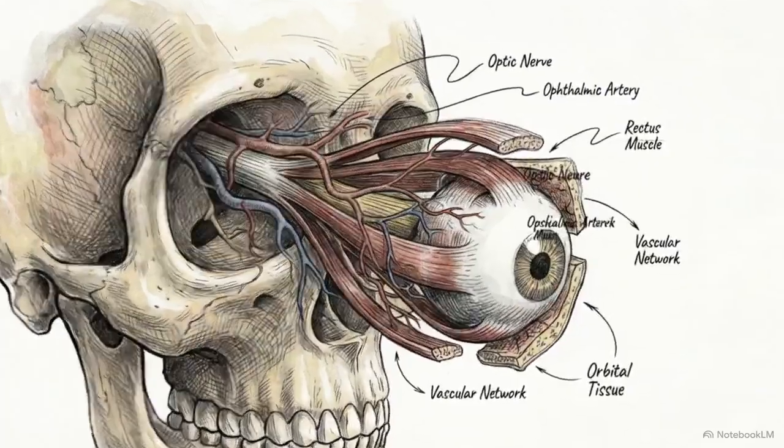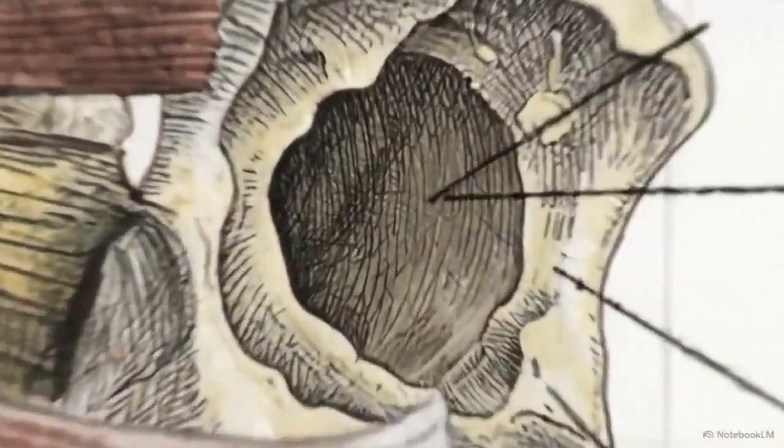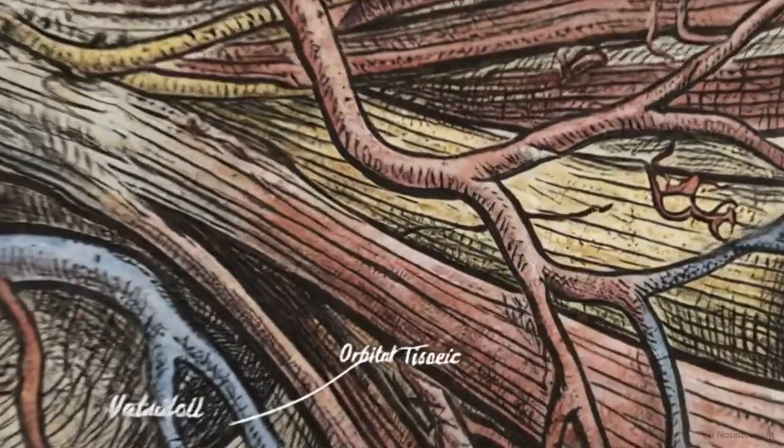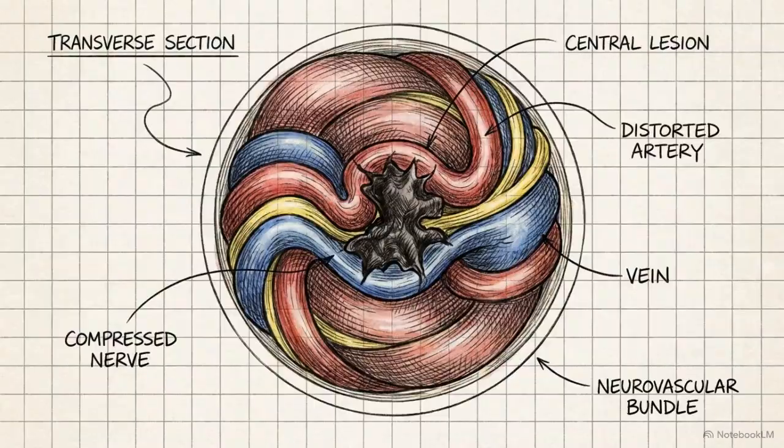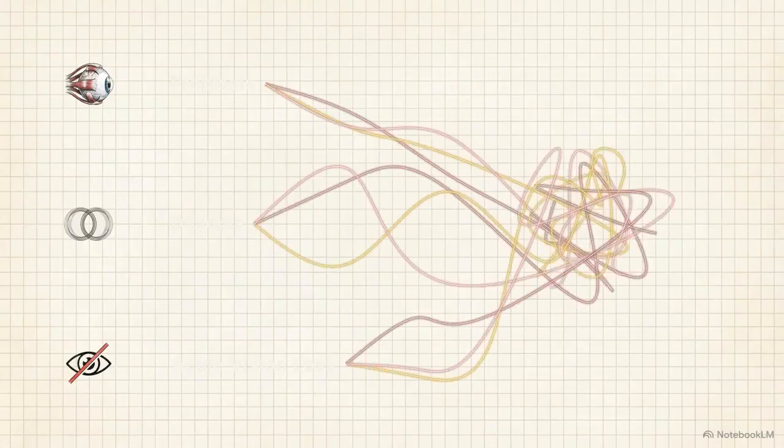The human orbit is without a doubt one of the most densely packed, high-stakes neurovascular intersections in the entire body. When a mass or lesion develops in this tight space, it inevitably compresses multiple adjacent systems simultaneously. Because of this anatomical crowding, the resulting clinical symptoms like proptosis, diplopia, and acute vision loss often present uniformly, regardless